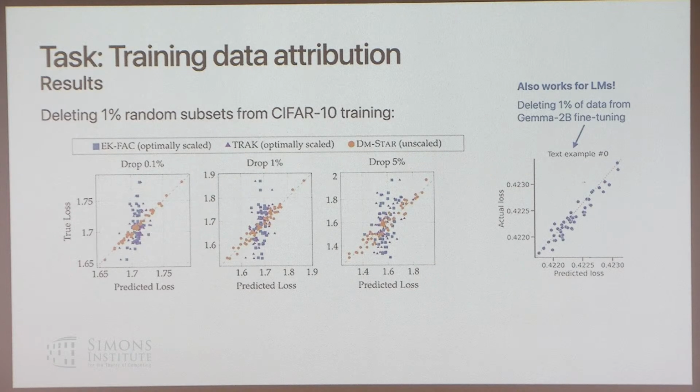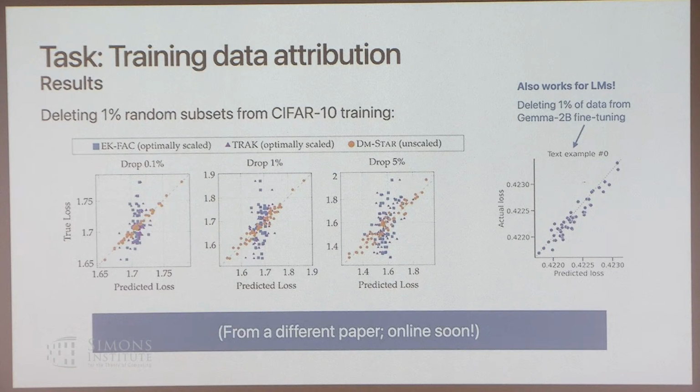Okay. And just a final note before we start talking about the actual algorithm is that this doesn't just work for CIFAR, but we've scaled this up to roughly 2 billion parameter language models, and things seem to be still pretty good. In case you're curious, you're not actually going to find these results in the paper that I showed at the beginning. It will hopefully be online soon, pending our edits.